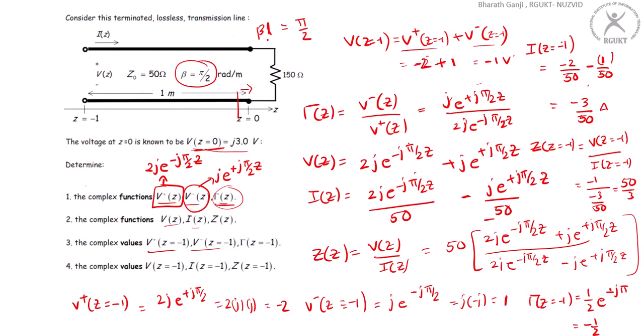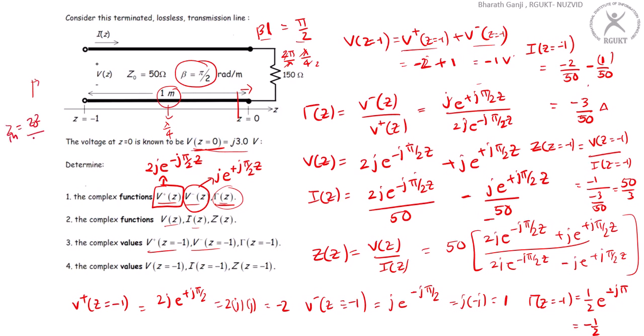When can this happen? This can happen when beta is 2 pi by lambda, and L is, if you take a lambda by 4 line, then you can end up with beta L equal to pi by 2. So that means this 1 meter is actually a lambda by 4 in this scenario. So for a lambda by 4, if you remember, the input impedance expression is